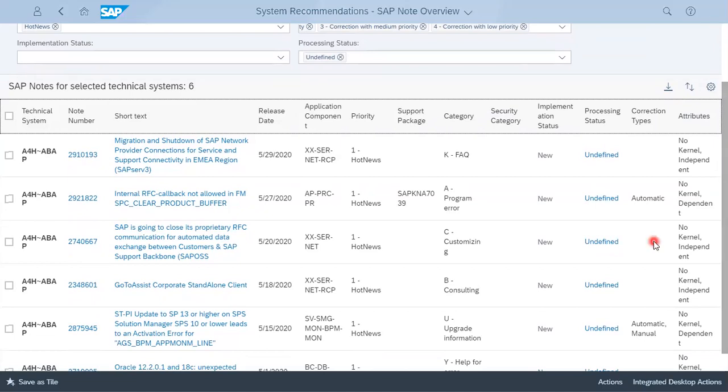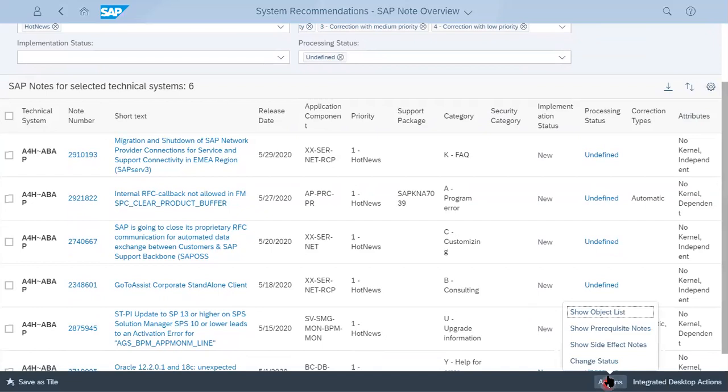There are two more options which I would like to show here: actions, and the second option is integrated desktop notification actions. So first I'll see that if the implementation status is new, it will show here.